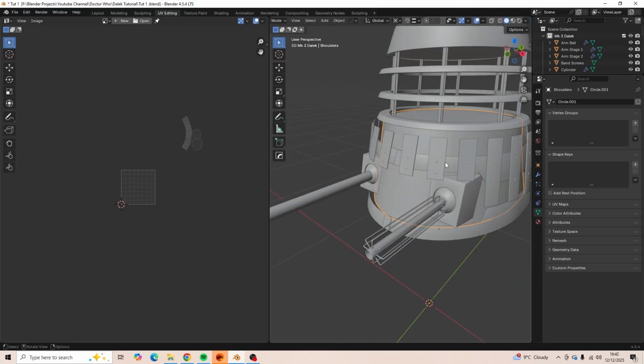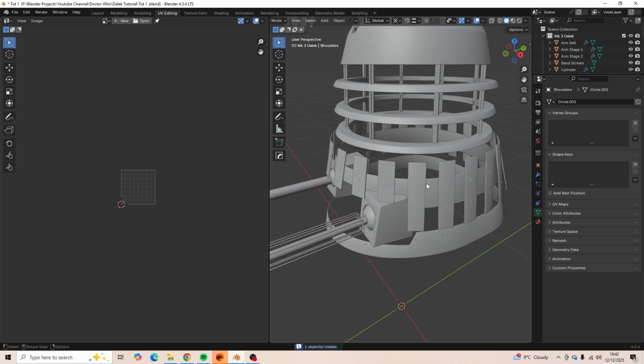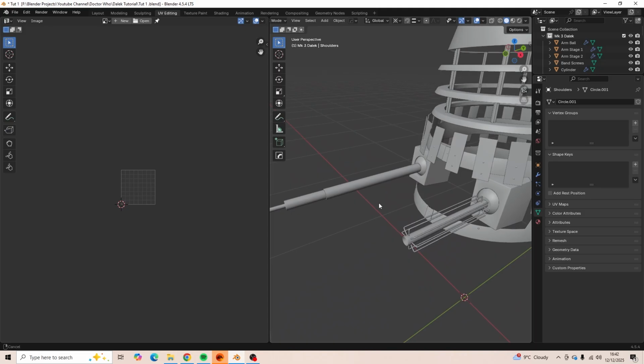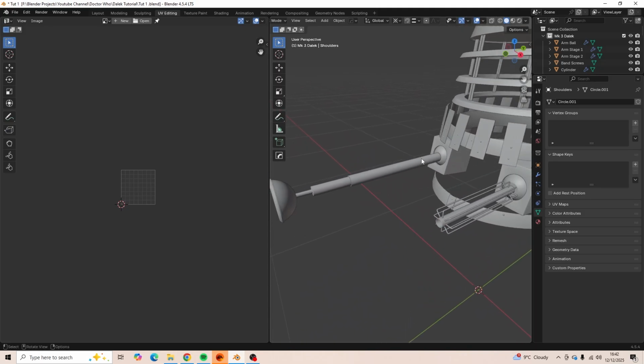Backslash again. Tab out of edit mode into object mode. H to hide. What should we do now? Let's do... I'm going to show you a different way of doing things. Let's pick